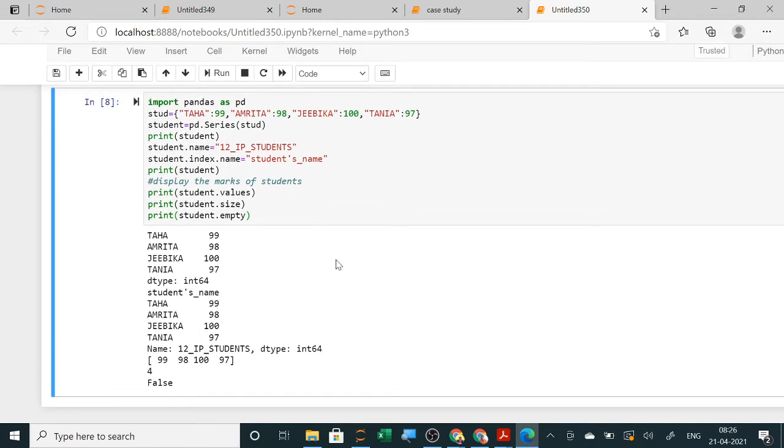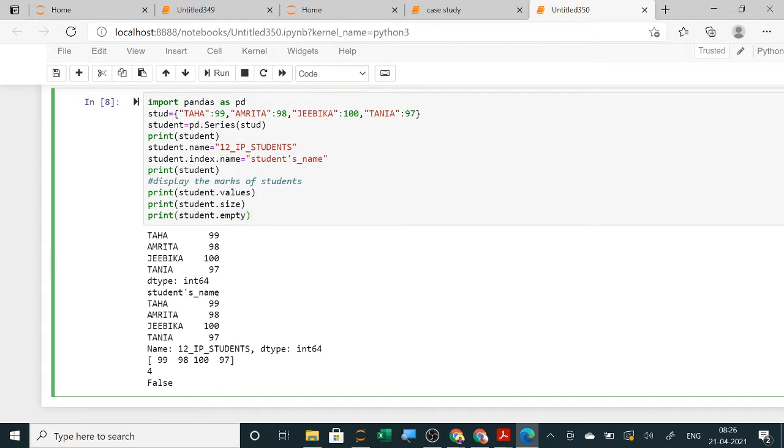Clear? So two types of question will be asked. Either they will give you this program and you will be asked to write the output, so you will write false. The second type is that they will ask you to write the query to display whether the series student is empty or not, so you have to write this line.